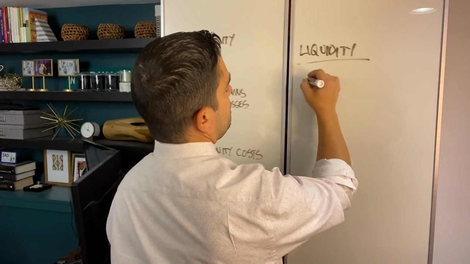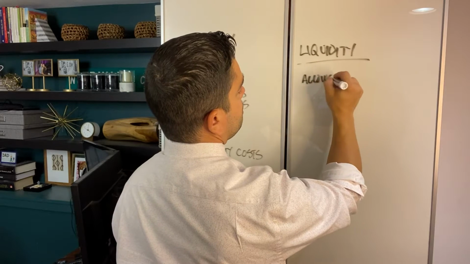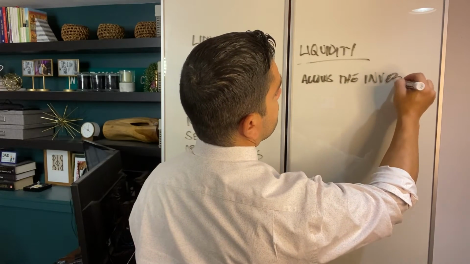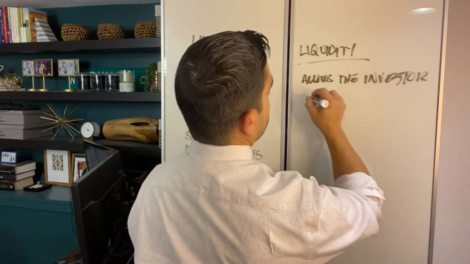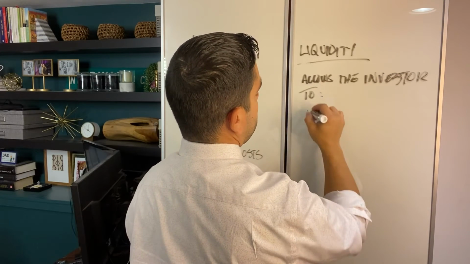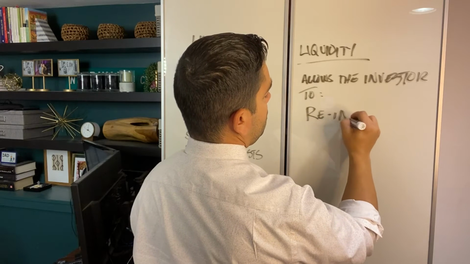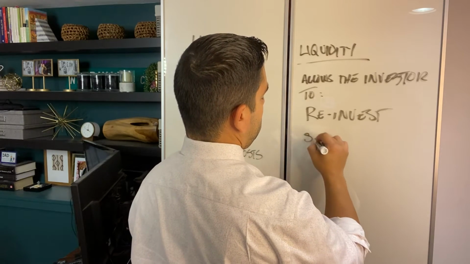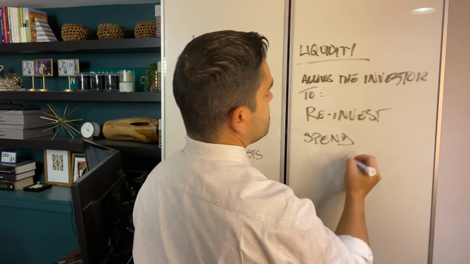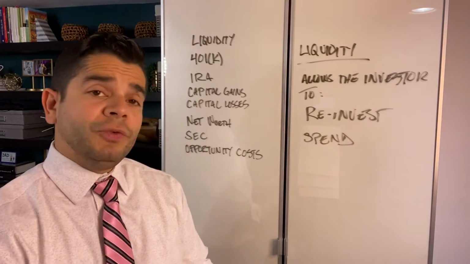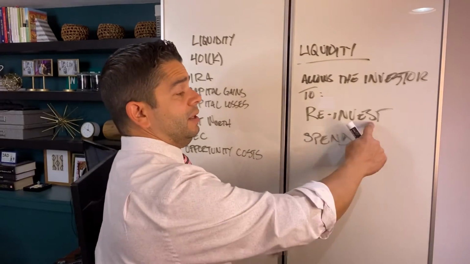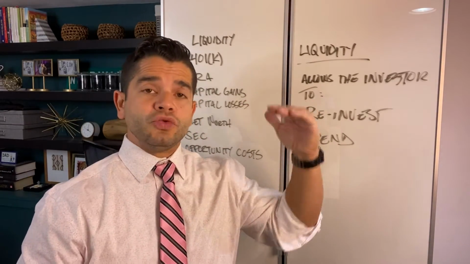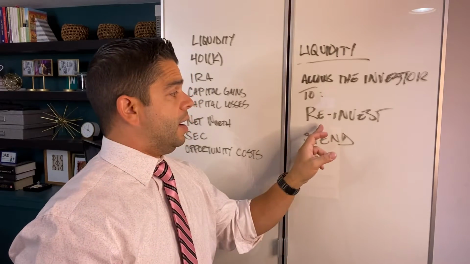Converting to cash allows the investor to, one, reinvest, or two, spend. So the plan in reinvesting can include liquidating, cashing out the asset before the asset drops in value, or